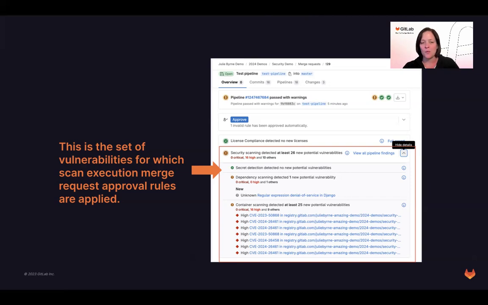This is also the set of vulnerabilities that we use for those merge request approval rules that you add as part of your policies. So we're not looking at everything when we have policies. We're only looking at what's showing up here in the merge request widget that we need to be concerned about, that are impacts of our code changes that we didn't already know about in the default branch.